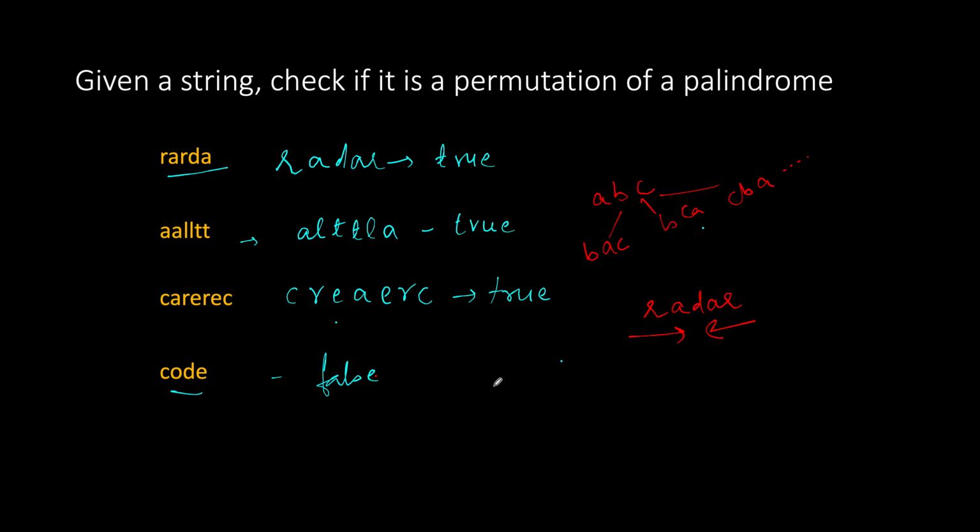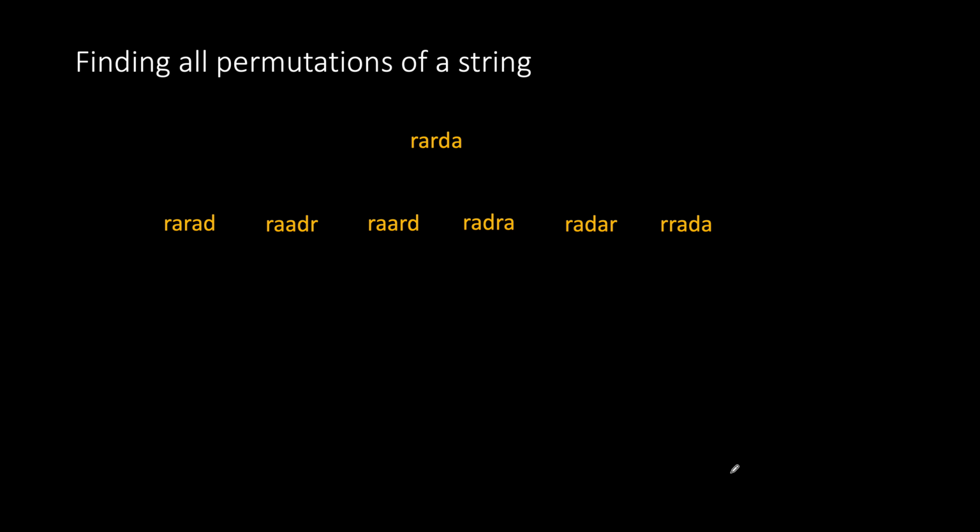Before jumping straight to the solution, you can ask some clarifying questions of the interviewer, like what will be the input type? Will it contain ASCII characters or Unicode characters? Let's assume for the sake of this question, it only contains lowercase English characters. That means only 26 letters. So now let's proceed to the solution.